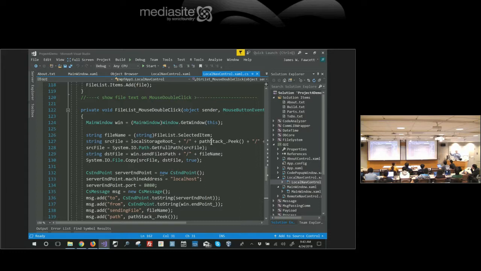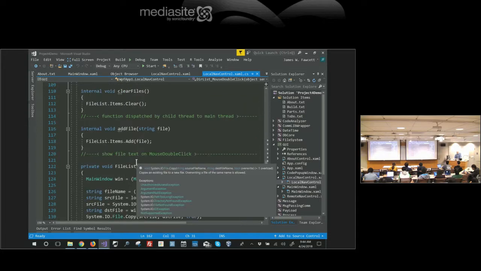That file was delivered. If you saw me, when I double clicked on the file list, that file popped up in the saved files in the server. Okay, so it's up to that server proc to go and copy that file into wherever. Okay, I didn't want to decide for you how the server was going to manage its storage. That's part of your design. Okay, so anyway,